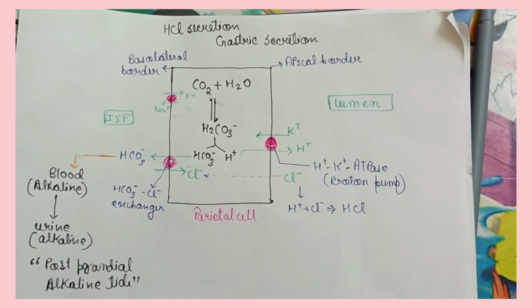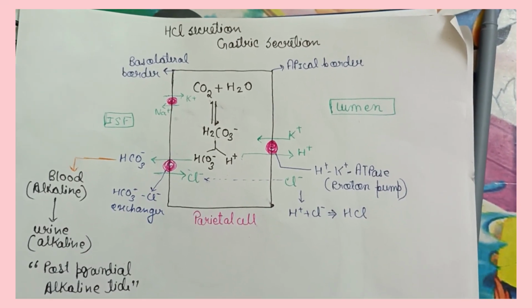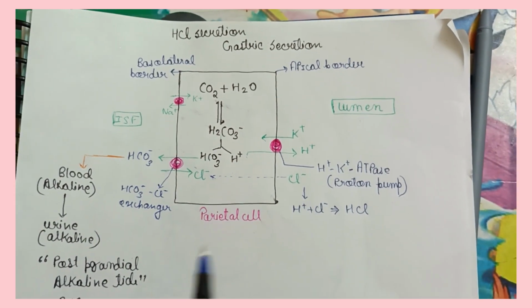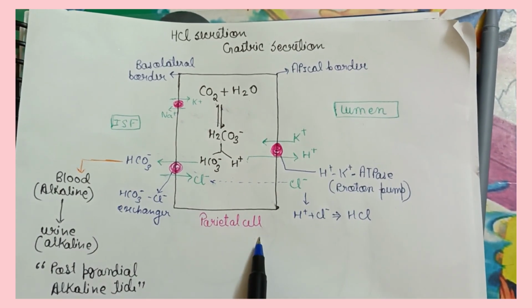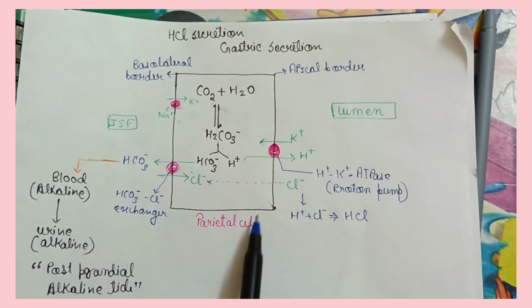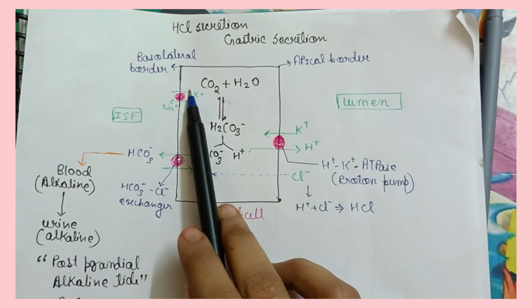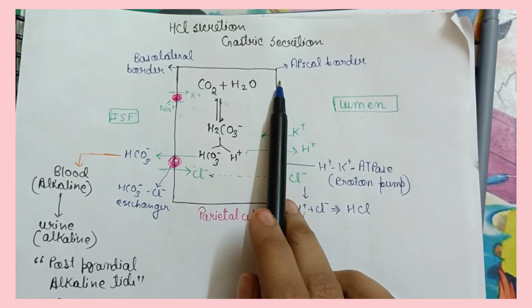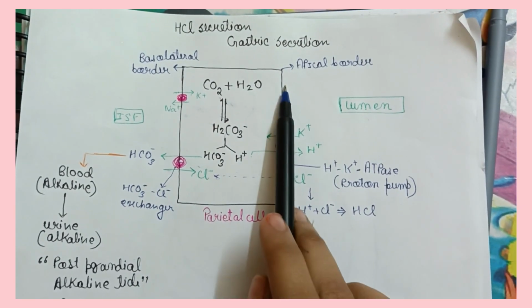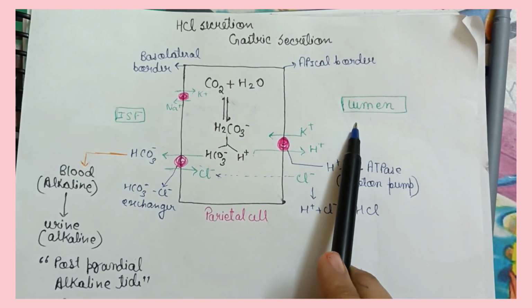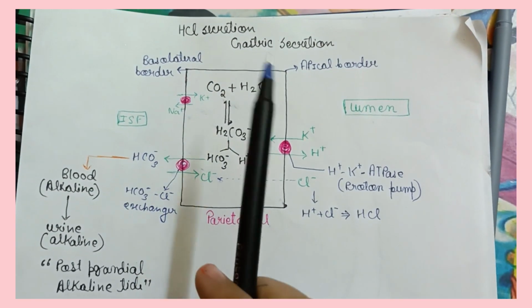Gastric secretion. Here we're going to know how HCl is formed in the stomach. So, these are our parietal cells. Parietal cells are present in the lining of the gastric mucosa. These are the two borders of parietal cells. This is the apical border, which is present close to the lumen, and this is the basolateral border, which is present